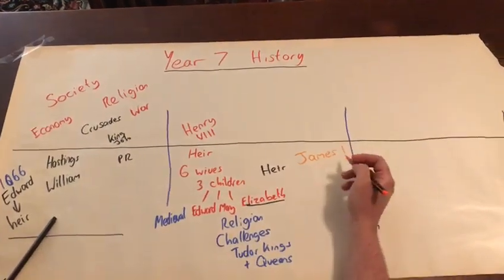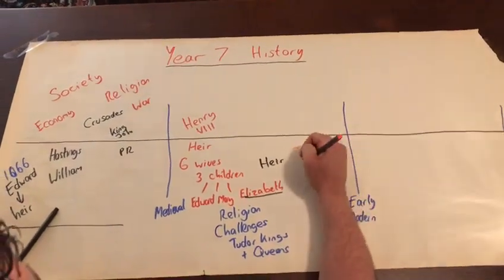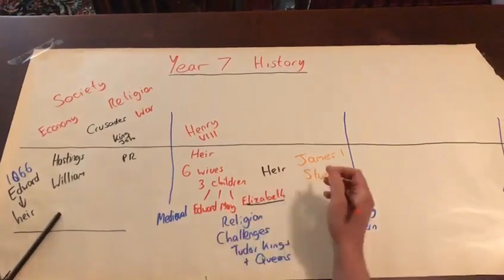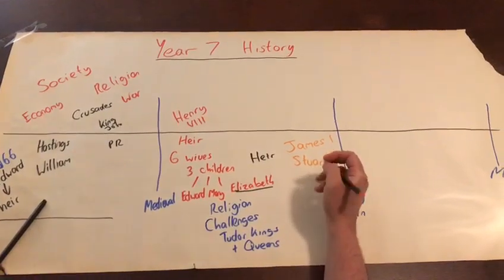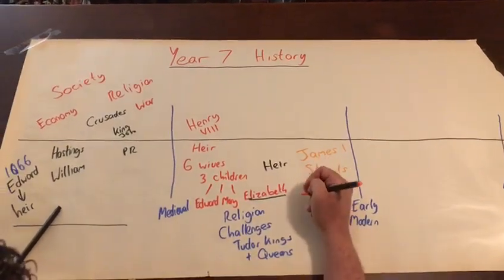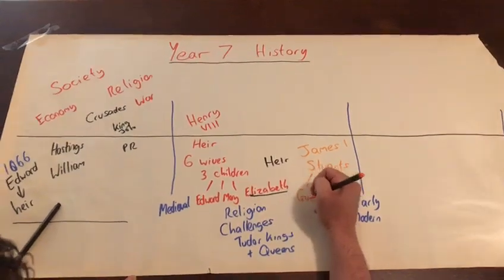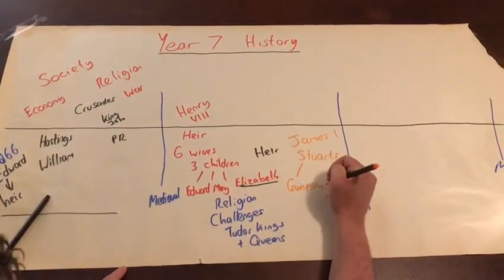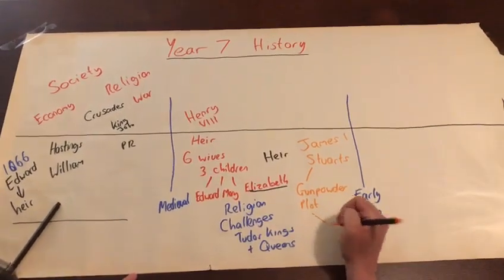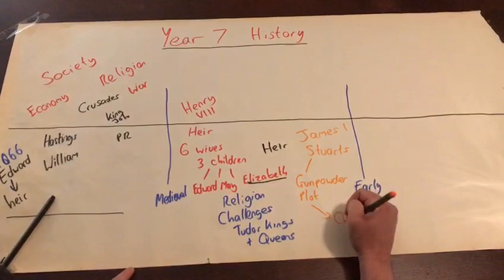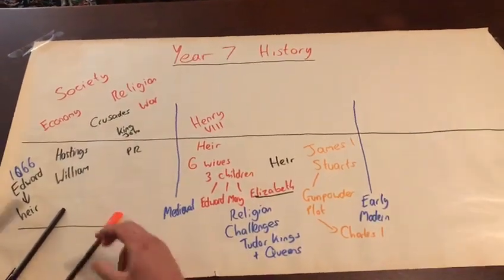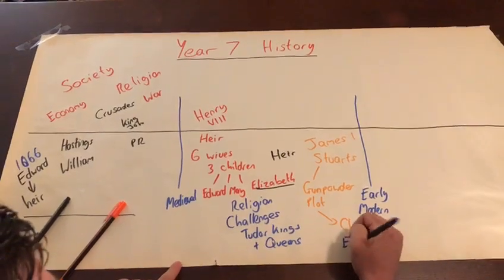Now what we class this as is the Stuarts. Okay, so this royal family is known as the Stuarts. Just like we have the Tudors, this is the Stuarts. And then what we're looking at the moment in particular is the challenges that the Stuarts face. One of the biggest of which you did this week in your home learning, is the Gunpowder Plot. And then we'll also go on to look at a major challenge faced by another Stuart, Charles I, which is next week, which we'll be looking at the English